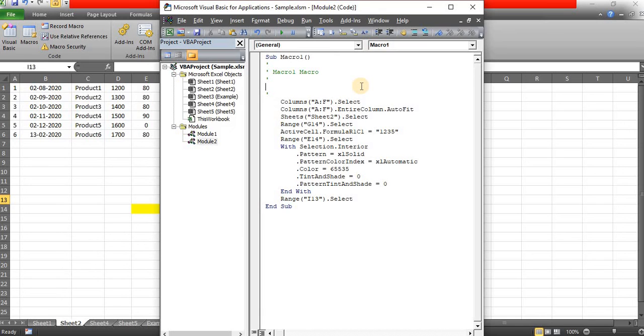Also, it has the record macro feature. So you don't need to learn anything. Just try to use the record macro instead of the other complicated functions. Just use record macro. Very simple. We have recorded the actions, so you don't need to validate or anything. Directly you can run.